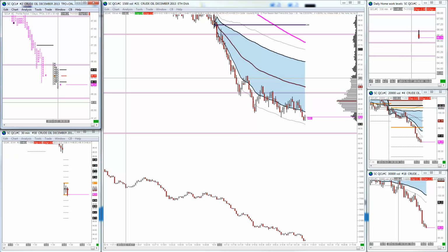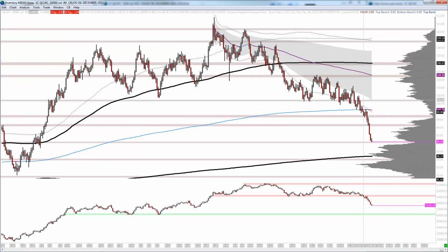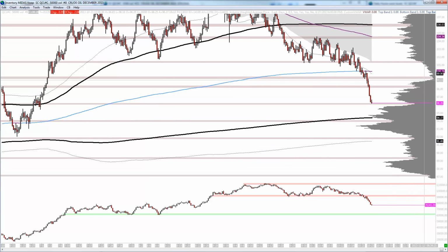Like I said, we've got the crude oil inventories coming out in about 25 minutes, so I'm not expecting anything drastic, but we are starting to sort of one time frame down here. But again, just keep an eye on the edge of this distribution. We are in a sort of key area in regards to the bigger time frame, and we have extended through this upper distribution, and we entered this lower distribution, and we've got a mini distribution